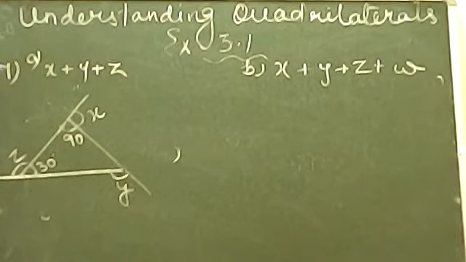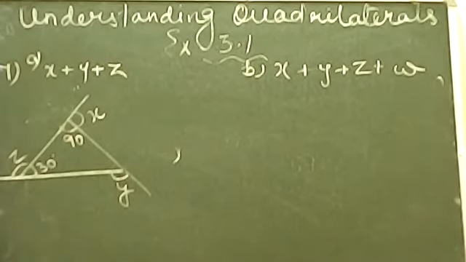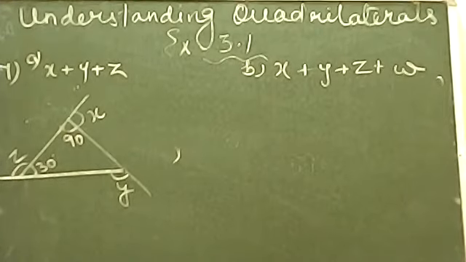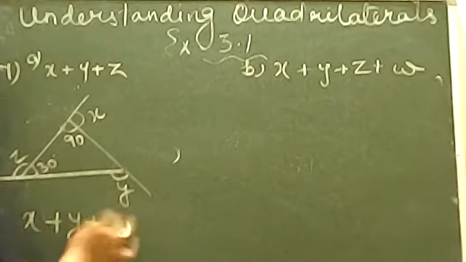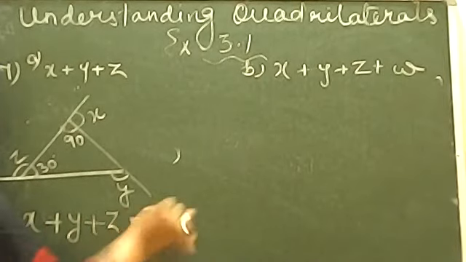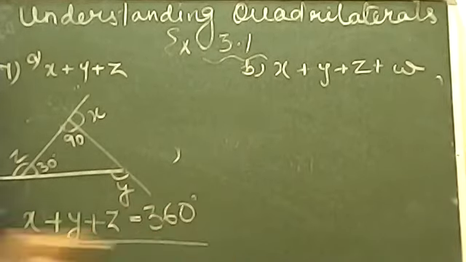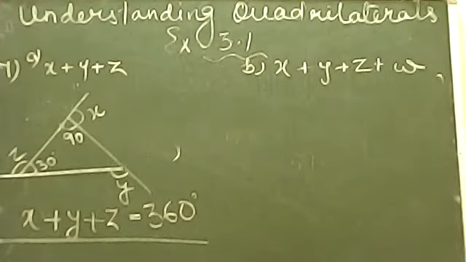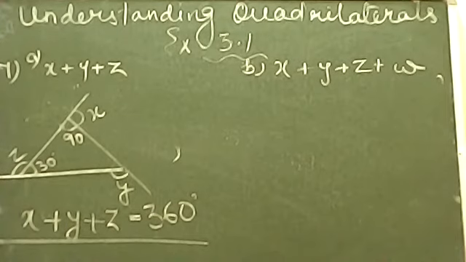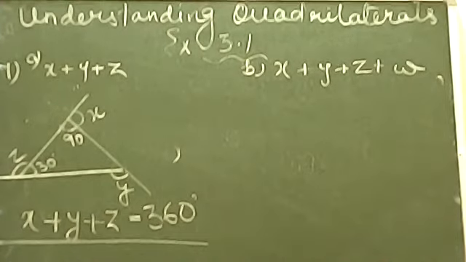अगर आप इसको गौर से देखोगे तो you will find that these all angles are exterior, and you must be knowing कोई भी पॉलीगन हो बेटा, अगर उसके एक्सटीरियर एंगल की सम की बात करते हो, so it will give you 360 degree only. So no need to do any kind of solution. You just simply write it down: x plus y plus z is equal to 360 degree.